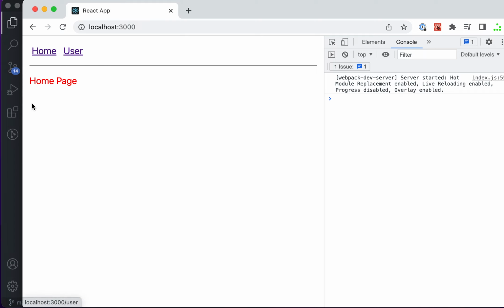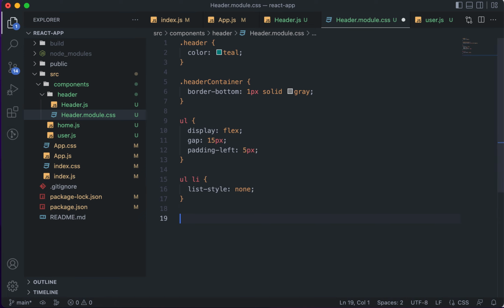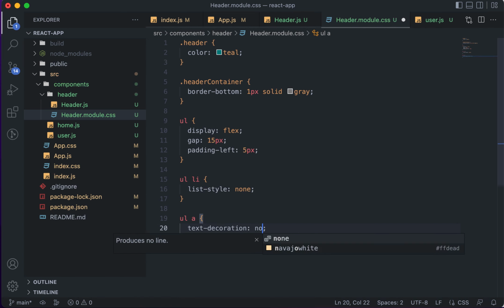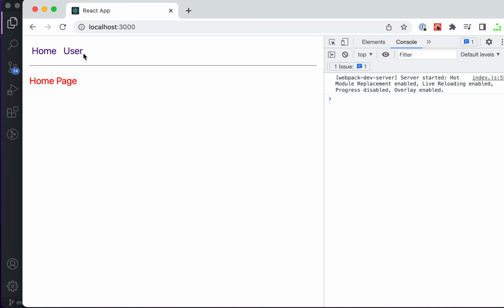I don't want this underscore thing, so what I can do is that in the UL, whenever an a element is there, I want to have text-decoration: none, and this will mean that there is no underline. Okay, and apart from that, what is happening is that any page which is already visited, so this user we have already seen,